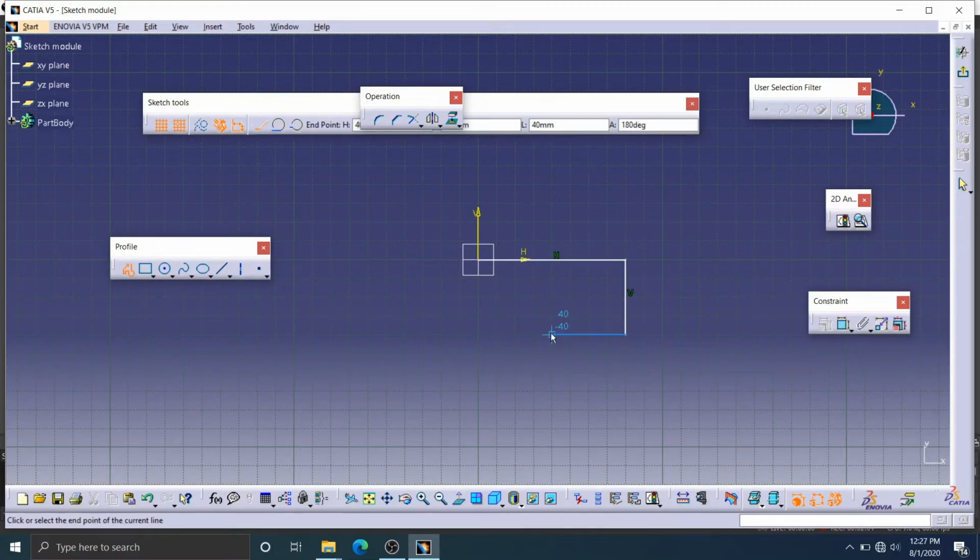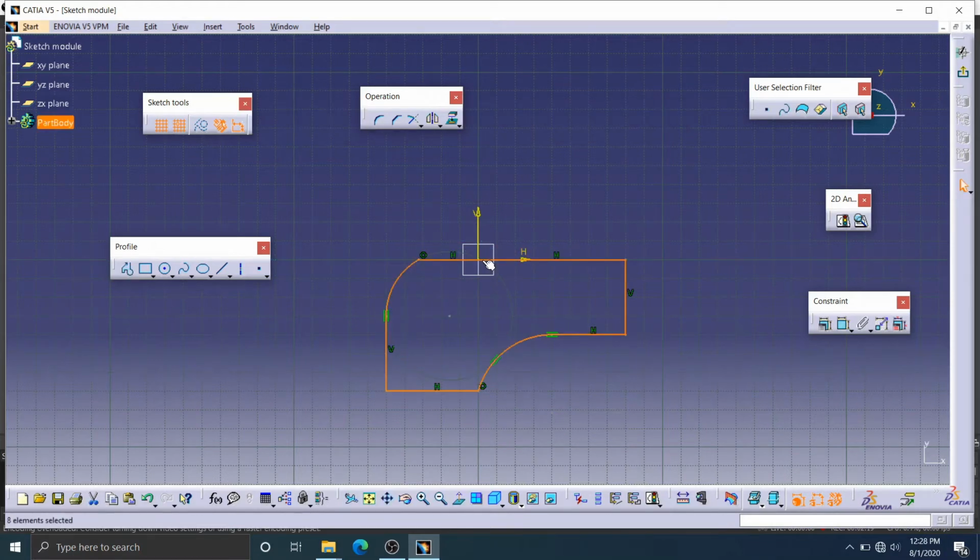So we can draw continuous lines and arcs. So this is the function of the profile tool.